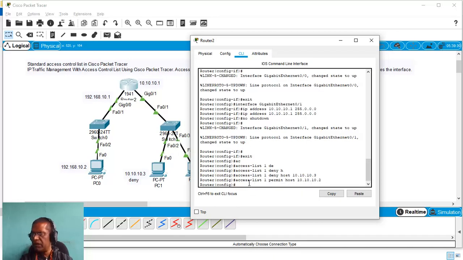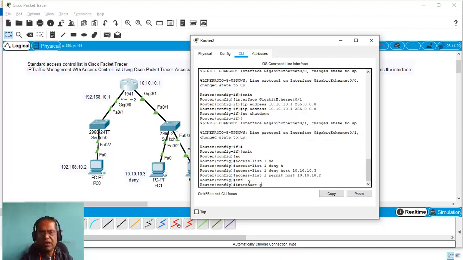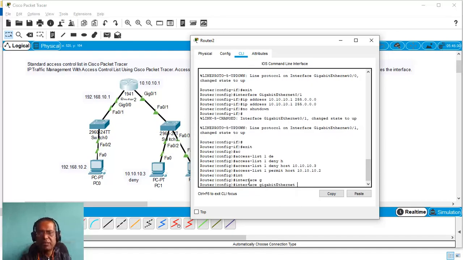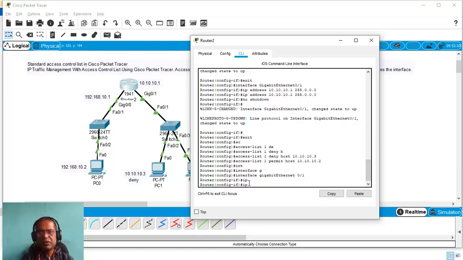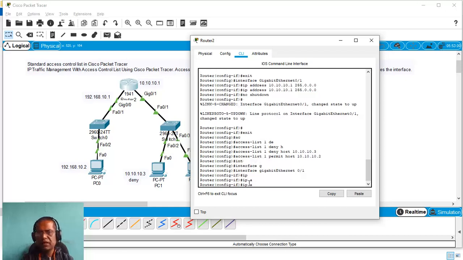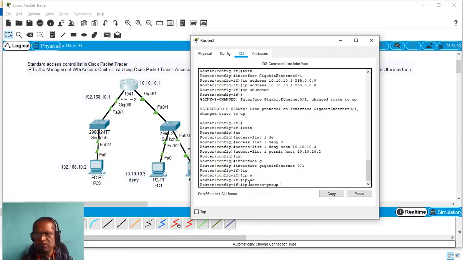Now we have created the standard access control list, and now we have to apply it to the interface that we are planning to, Gigabit Ethernet 0/1. This is where I have to apply this standard access control list. Now I should say ip access-group 1 in.